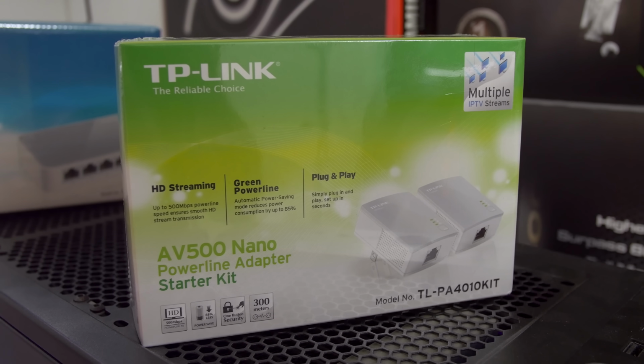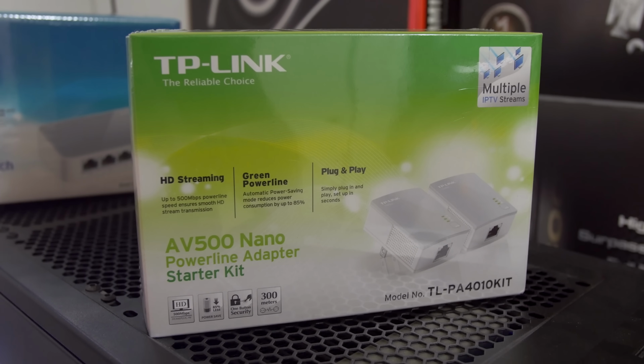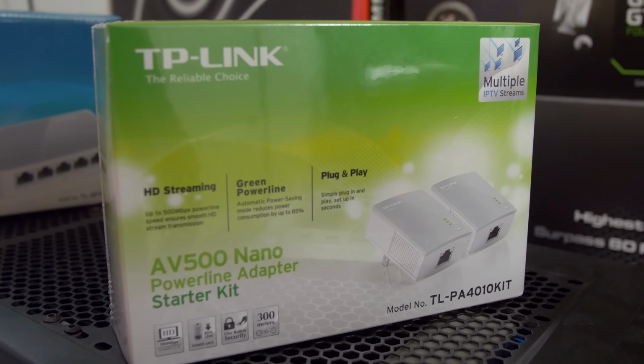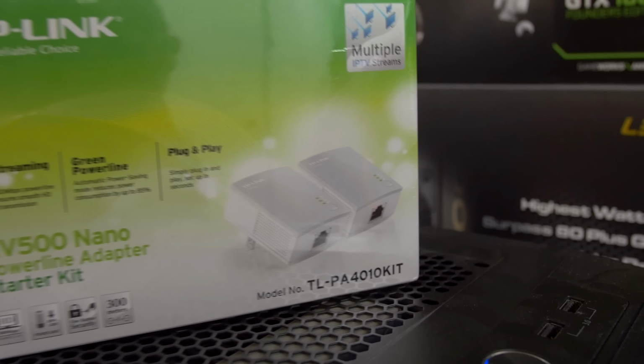But I'm gonna also see if there's any sort of performance slowdown using these over a hardwired connection. I've never really done an A/B comparison with these particular units before, so it should be kind of interesting. Now, unfortunately, this product only supports one device, and to add more devices, I would have to buy an